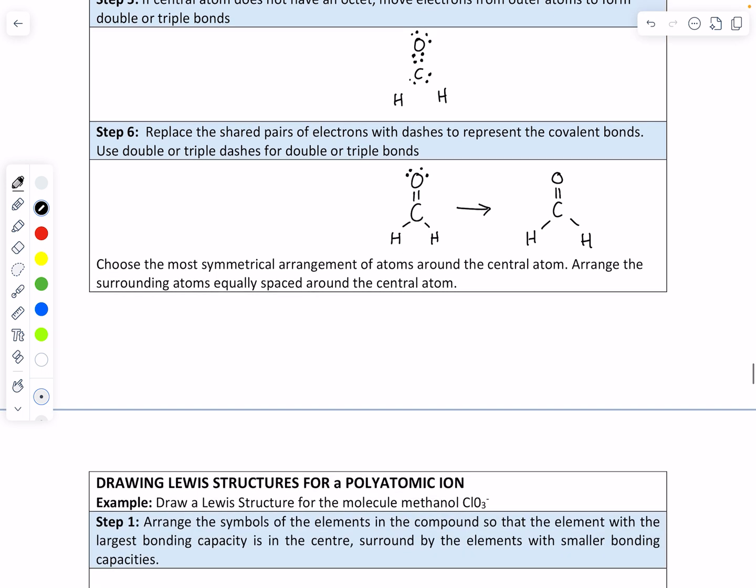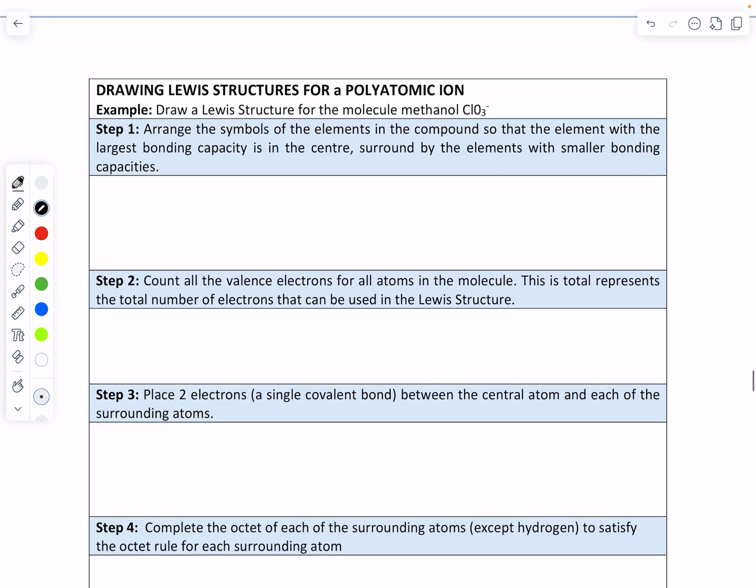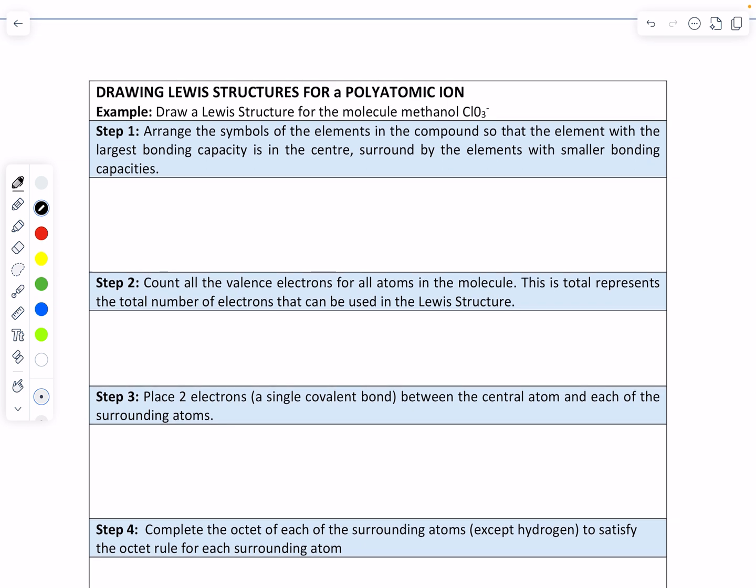Now let's take a look at a Lewis diagram for a polyatomic ion. Remember, a polyatomic ion is an ion that is made up of two or more elements and has an overall charge. In step 1, we're going to arrange the symbols of the elements in the compound so that the element with the largest bonding capacity